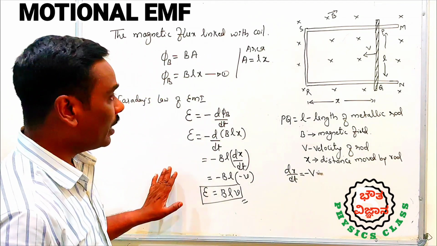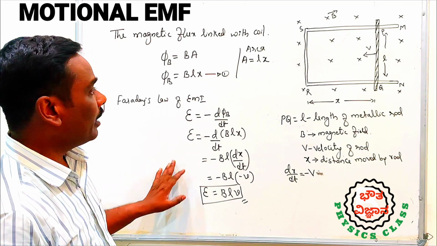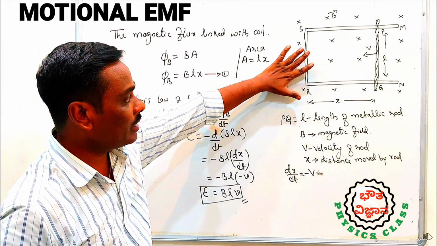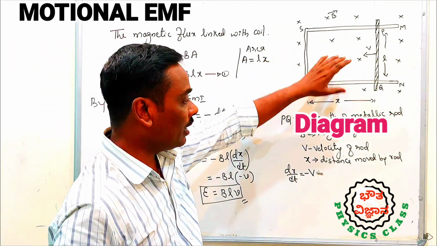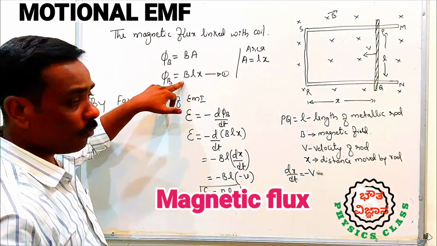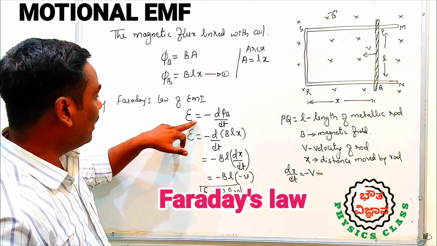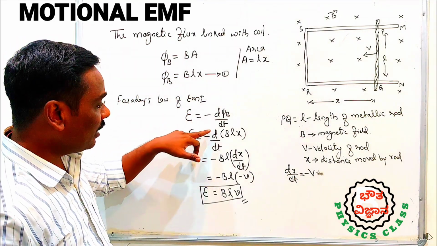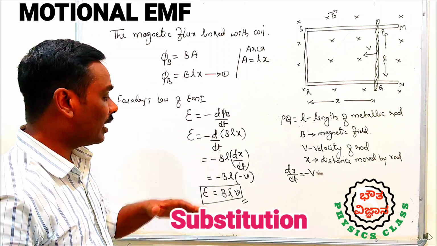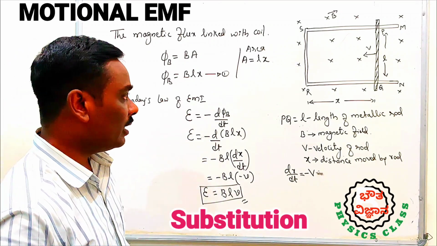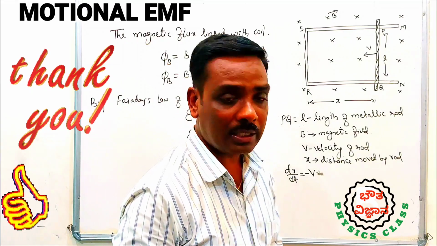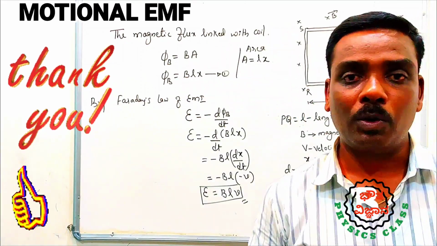So this is a very simple derivation. Here, in the derivation you should draw a simple diagram and then write the description. First, 1 mark for the flux calculation, then 1 mark for Faraday's law, then 1 mark for substituting and the final answer. It is important, just a very simple description. So you need to practice more, and thank you.